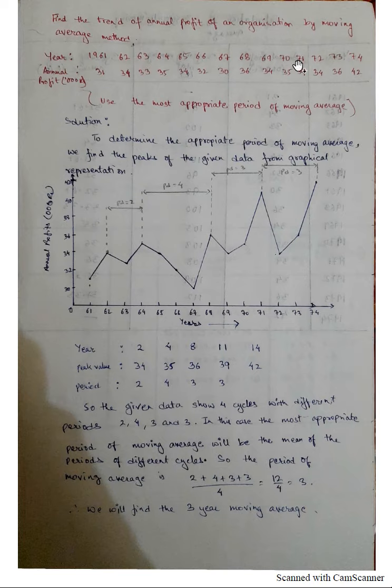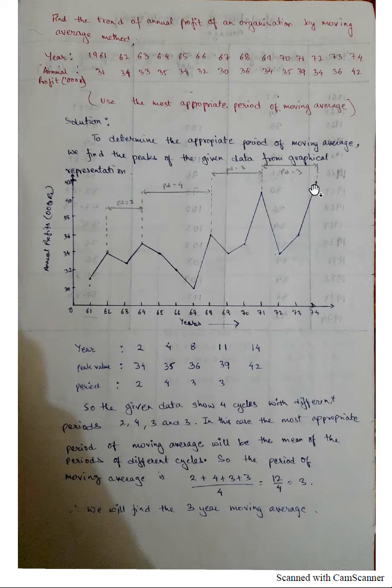You can also see in the year 71 the value is 39, so you write 39 year. And after how many years after this do you have another peak? 1, 2, 3 years, so you write 3 year. So the final peak is here in the year 74, so you write 14 year.